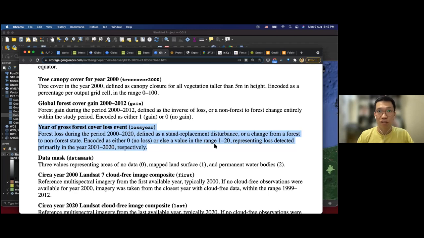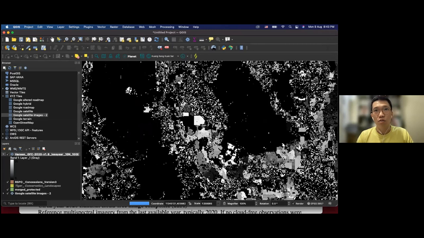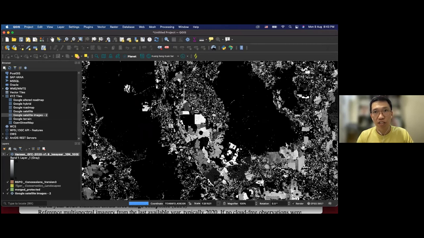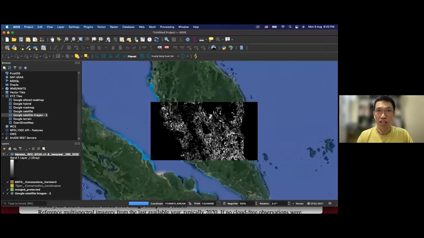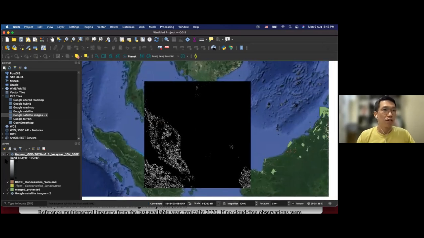Which means that if the value is 0, which means there's no loss. If the value is 1, then which means the forest loss happened in 2001. If the value is 20, it means the forest loss happened in year 2020. Now we know what it means. Okay, so let's go back to our QGIS. So how do we know whether this is 1 or 2 or 3 or 15, 16, 17? This is where we need to change the color of our raster image. Okay, how do we do that? So guys, look